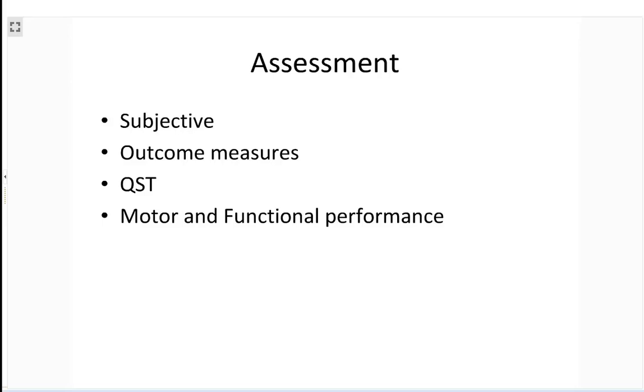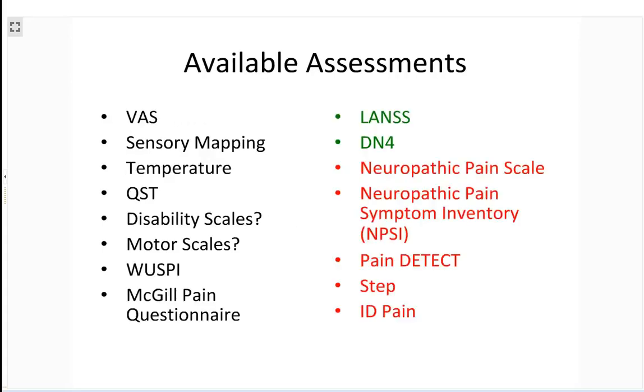There are some outcome measures that we can use. In research, particularly in Europe, this idea of QST is being increasingly used to develop this sort of mechanism-based approach, as well as looking at motor and functional performance. So going in a little bit more detail, the assessments that are there,